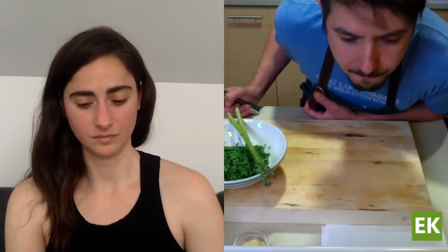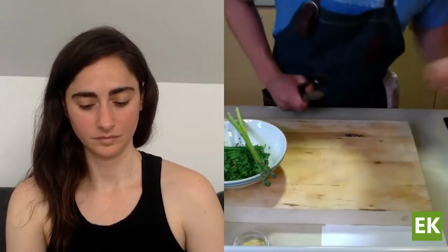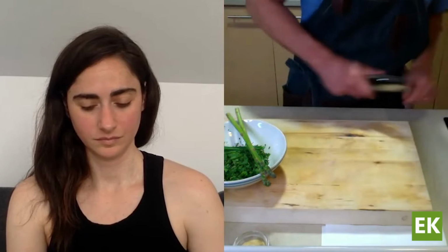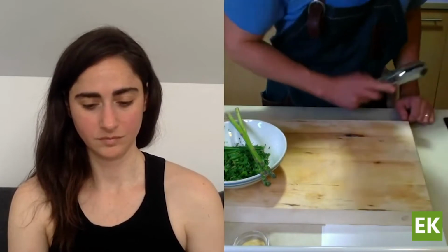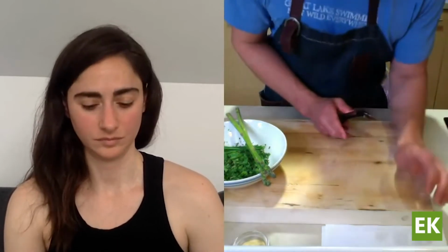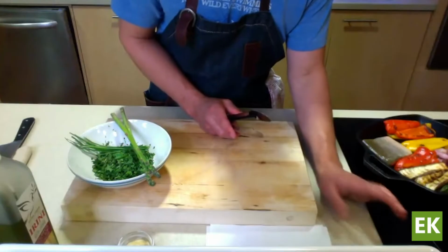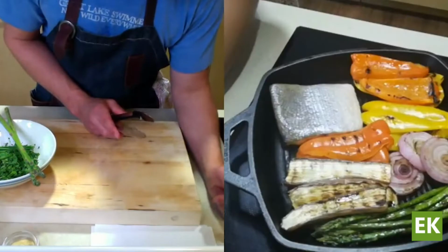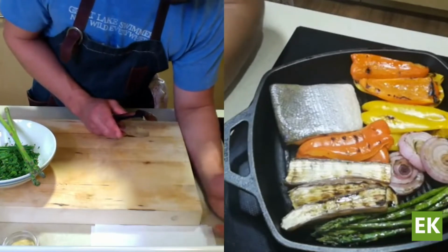And we're going to make this really nice sort of fresh summer salad. So for the vegetables themselves, I don't know if you can see the cam here, I put a few on. Now, if you're doing this on the barbecue or if you're doing it inside, traditionally what I like to do with the vegetables is cut them, wash them, but throw them onto your grill dry. I don't put any oil on them yet, just because that oil, especially if you have a higher heat on the barbecue, it can start to burn and become smoky,